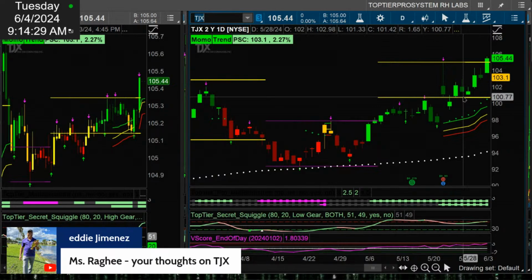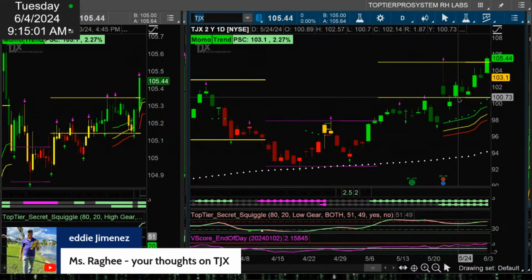There's Darvis support there. The 21 top tier propulsion is waiting there. And so there's a lot of reason to expect that right around 100, which is a major psychological level as well, right? That would be a great place if it were to pull back roughly 5.5 points, not even 5.5, because I'm looking at 100.8. So if it was to pull back about $4.40, that's a really great place to buy TJ Maxx. I'm not a breakout trader. That's not my usual way of trading.